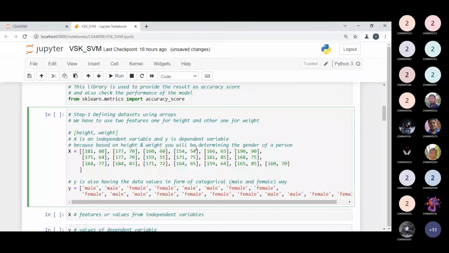I am not defining my data set in the form of the .csv format. So what are the various methods by which we can define the data set? There are many methods. We can define by arrays, by a dictionary, by a list, and by a file or CSV format. Whatever option you want to pick, you can pick. It's your choice. So here I am defining my data with the help of arrays.